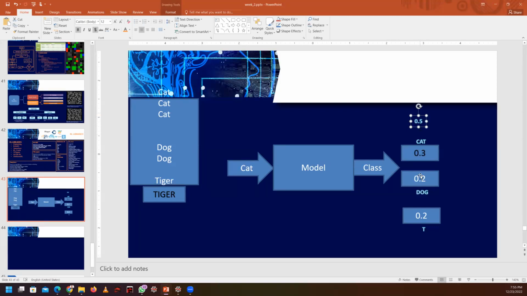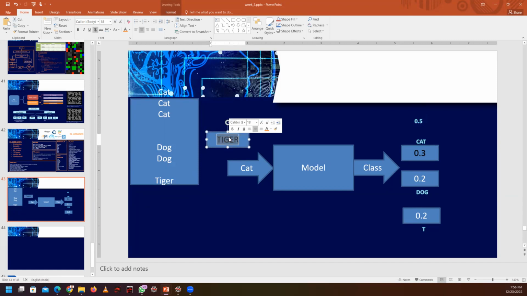Here I have only three classes, right? The instruction will be like this: try to identify the maximum one. If the maximum value is less than 0.5, try to add a new class. For example, here you provided an image of, let's say, some monkey.